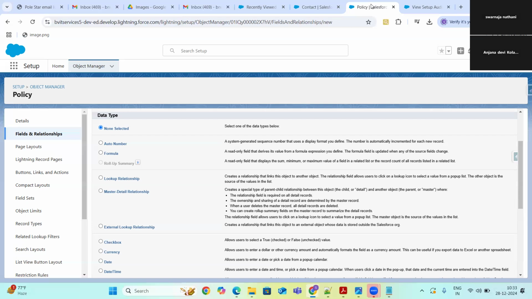If I delete the account and I would like to delete all my policies information also, if that is the scenario, I have to go with the master detail relationship. In the other use case, if I delete my account, then I don't want to delete my policies. Let it be. I'll use these policies for some other customers. It's something like that.